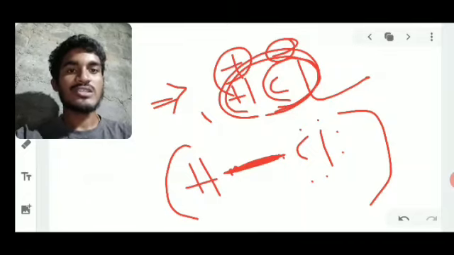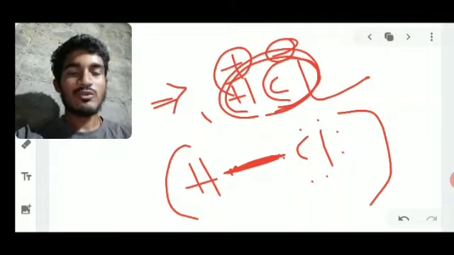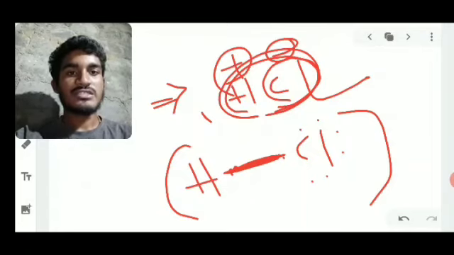So do you understand this process? I think so. This is today's class section. I think all of you understand these Lewis dot structures for drawing any given compounds. So this is an easy method to find the structure of any compound. This is the process of today's class.